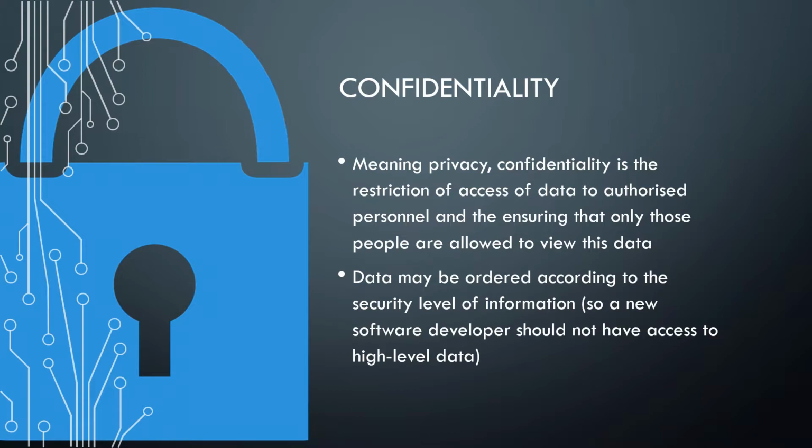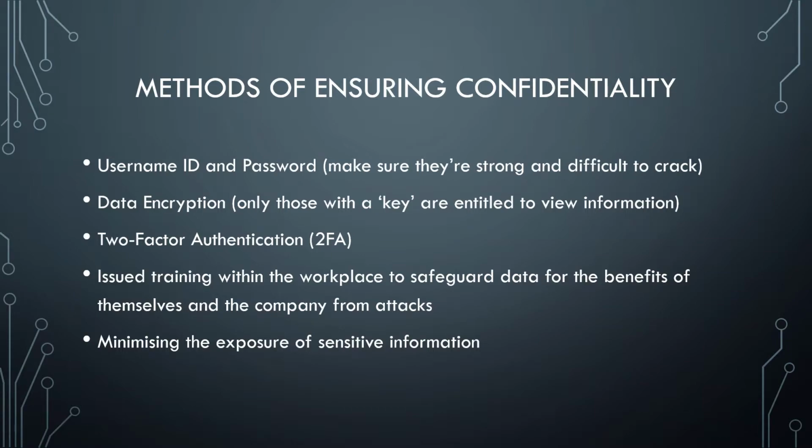So confidentiality, meaning privacy, is the restriction of access of data to authorized personnel and the assurance that only those people are allowed to view this data. Data may be ordered according to the security level of information, so a software engineer or developer should not have access to high-level data. There are ways you can ensure confidentiality, so having a strong user ID and password,